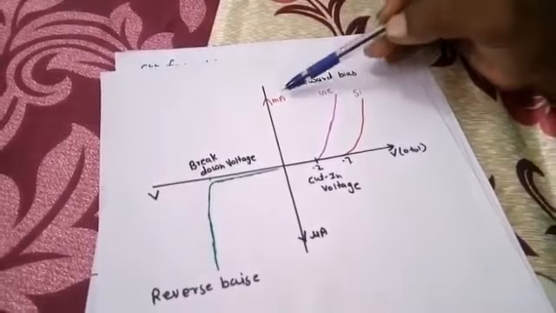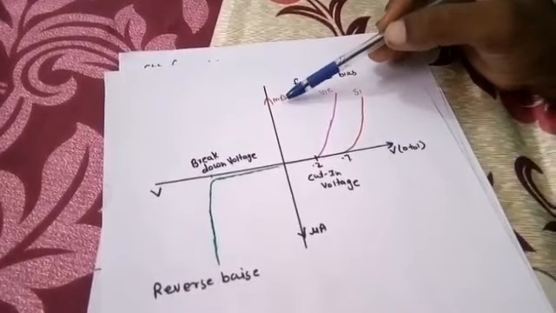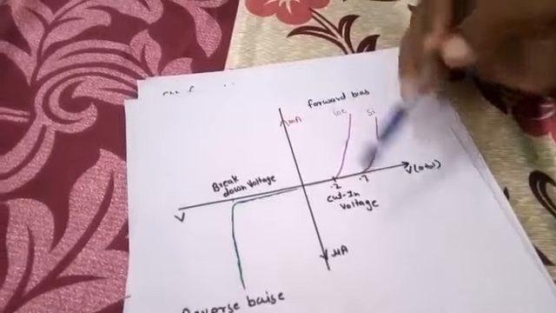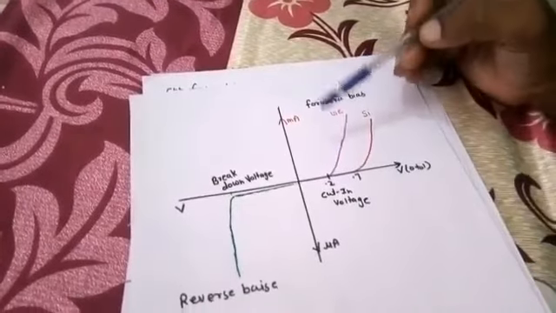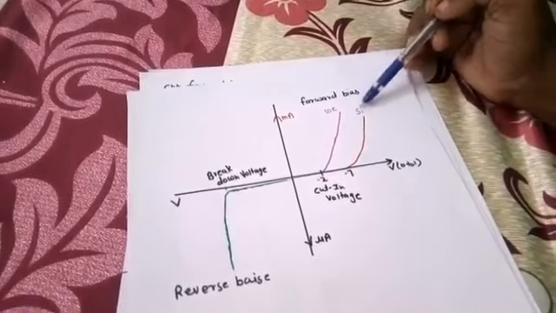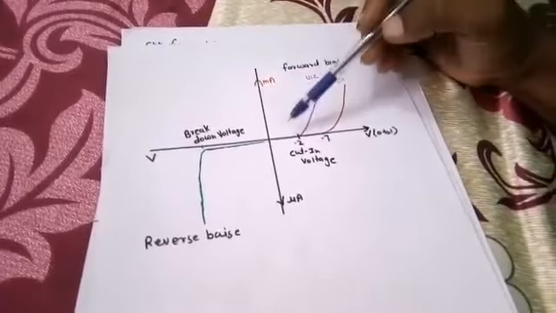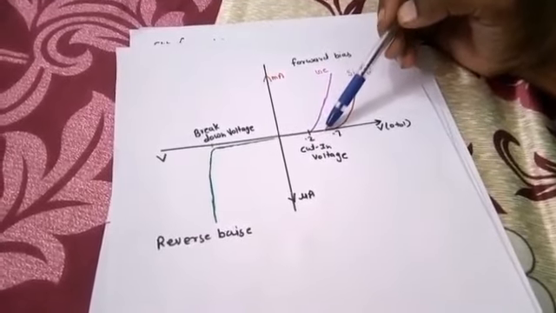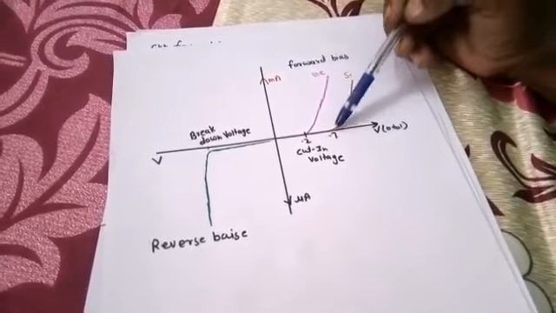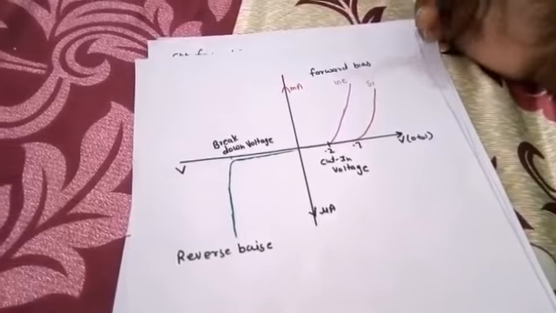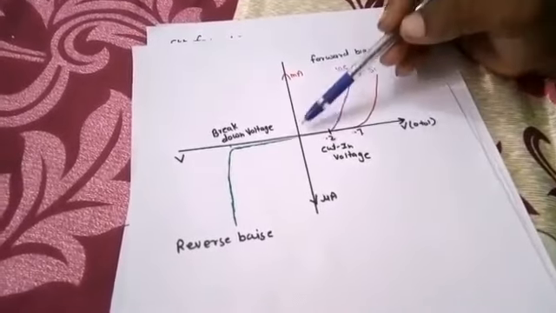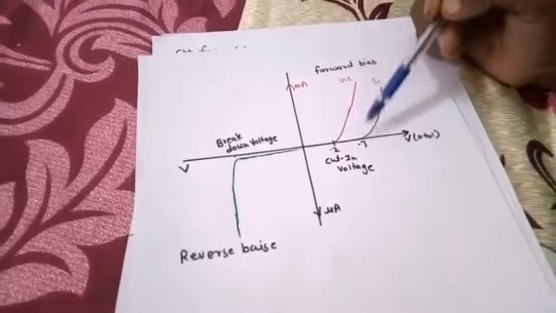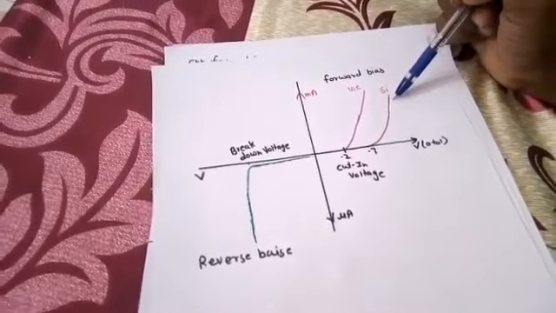In forward bias, you note down the reading of the current in milliamperes, and in reverse bias it will be in microamperes. In this graph, if we are taking silicon as the semiconductor and applying different voltage values, we are not getting current because the depletion layer opposes the flow of charge from p type to n type or n type to p type. After 0.7 volt the current increases exponentially.